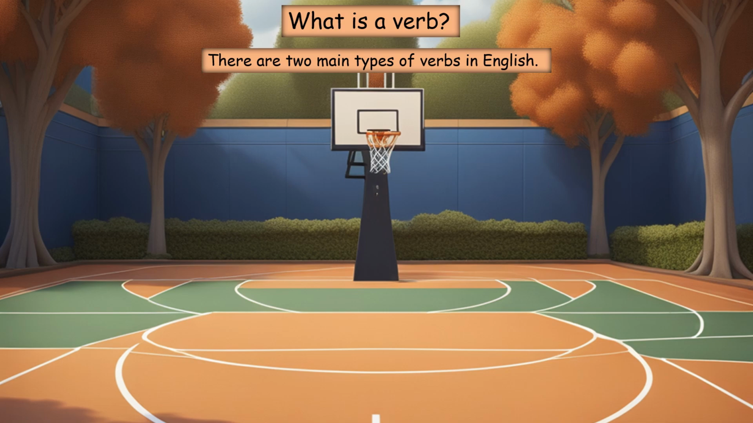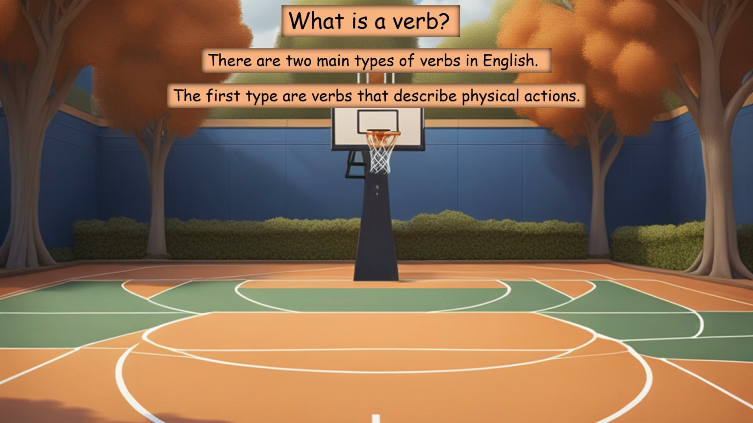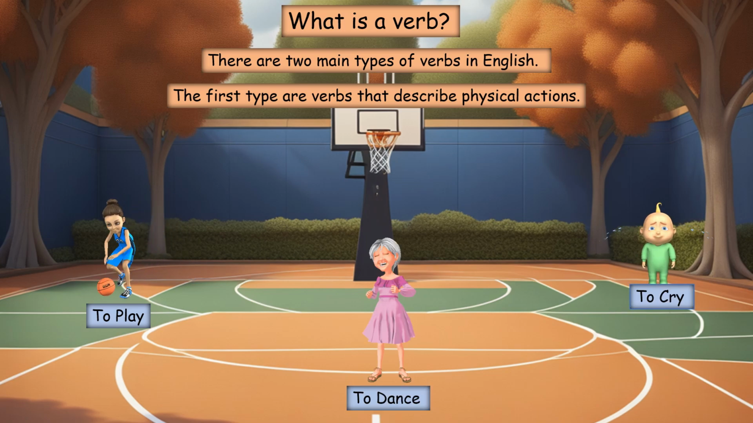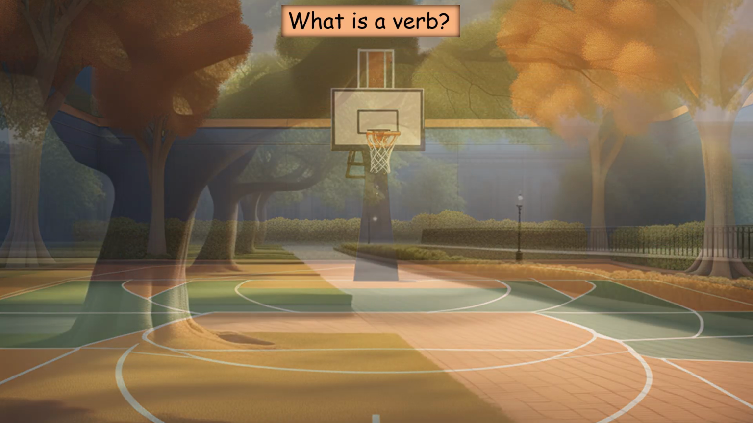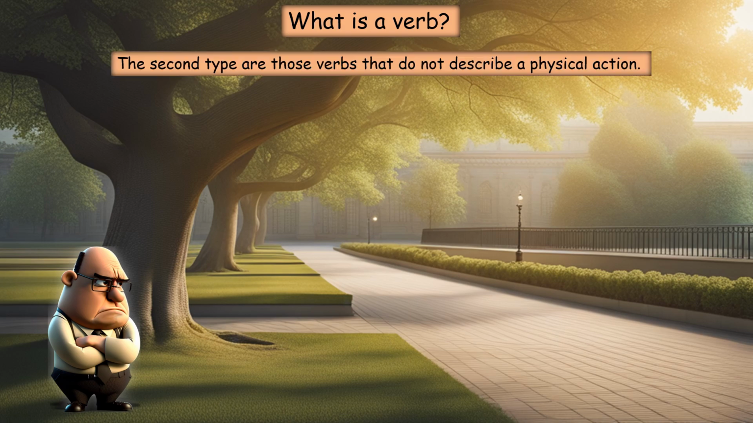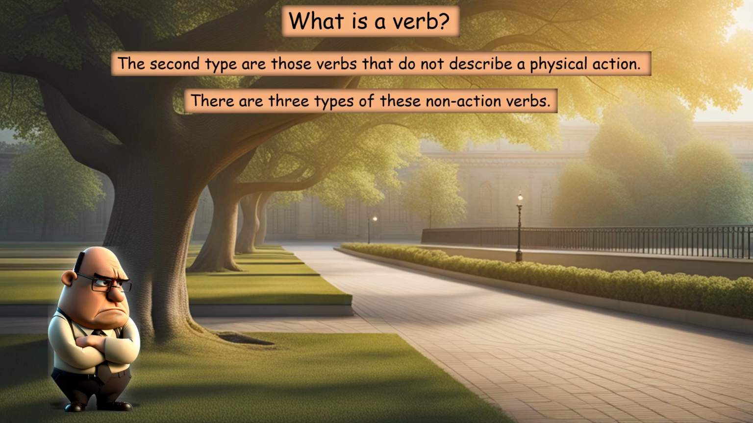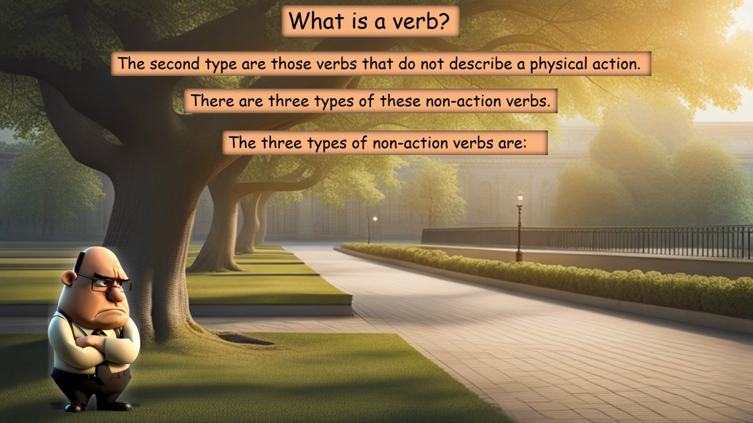There are two main types of verbs in English. The first type are verbs that describe physical actions. Verbs like to play, to cry, and to dance. The second type are those verbs that do not describe a physical action, in other words, non-action verbs. There are three types of these non-action verbs. The three types of non-action verbs are